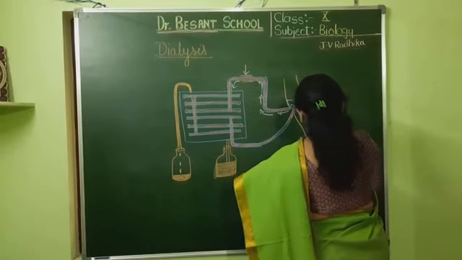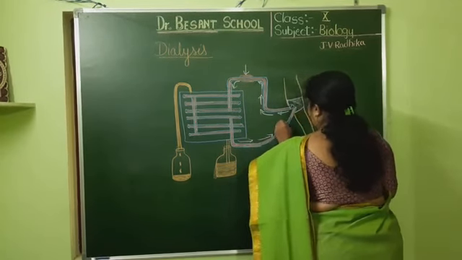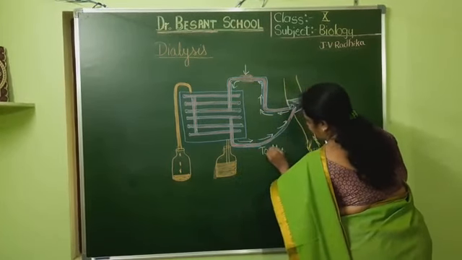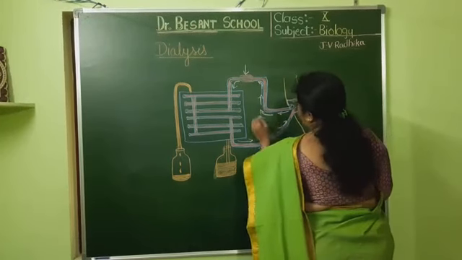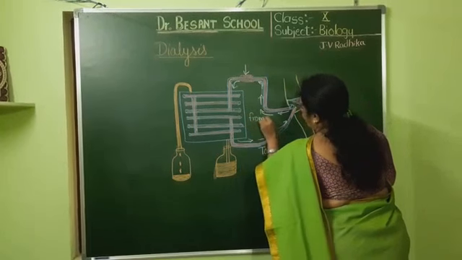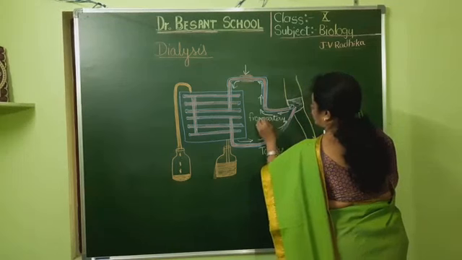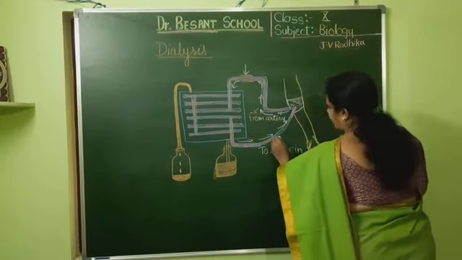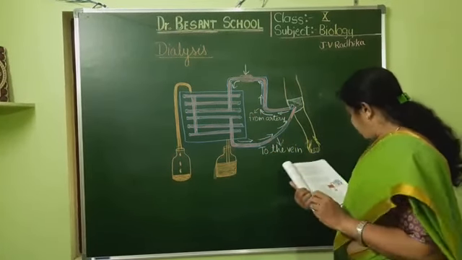condition. Again, it is coming back. So it is going to the vein. This one that is coming, you can label here as from artery. In the textbook it is not given label. From the artery, and this one is from the vein, from the artery and to the vein.